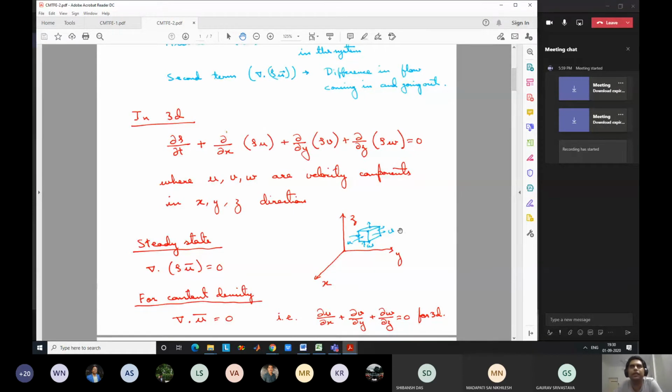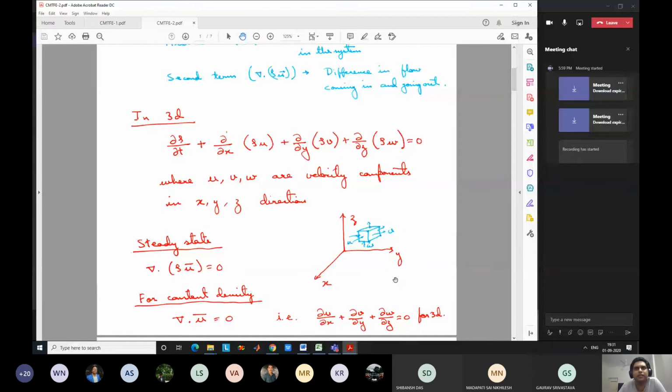I cannot show you correctly here, but imagine that from this side the flow is coming, okay. So what is the surface area of that surface? Delta y into delta z, if delta y and delta z are the lengths in the y and z direction, okay. Delta y into delta z into rho into u is the mass flow that is coming in from that side, right? So similarly, you can calculate the mass flow rate from all the sides, whatever is coming in and whatever is going out. And if you add all this, it will give you a net flow in or flow out. Okay.